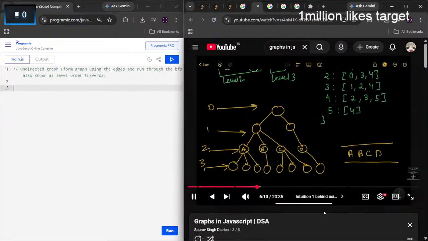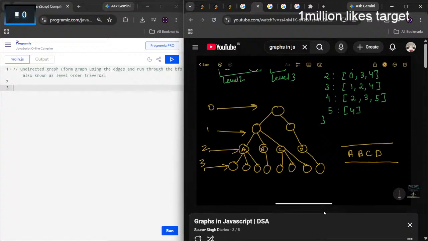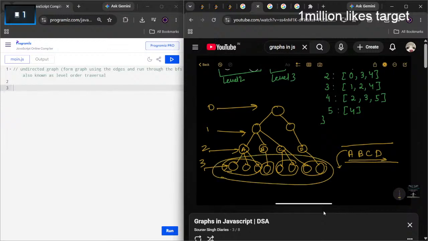सीक्वेंस में ए बी सी डी नहीं आया, राइट, तो क्या प्रॉब्लम हो जाएगा। देखो, जब भी तुम इस क्यू से एक एलिमेंट को निकालोगे, राइट, इट मीन्स कि तुम उसके नेक्स्ट लेवल के नेबर्स को, मतलब जो ए के नेबर्स हैं, उसको तुम एक्सप्लोर करोगे या विजिट करोगे, करेक्ट, ओके। सिमिलरली बी का भी वही हाल है, सी का भी यही हाल है, डी का भी यही हाल है। तो ये देखो सीक्वेंस में हमारा ये चलेगा, व्हेन यू विल एनकाउंटर दिस ए बी सी डी इन सीक्वेंस इन सीरीज, राइट, then only your this level, right, will be marked visited properly level wise। सिंपल सा बात है यार, उतना कंफ्यूज होने वाली बात नहीं है।